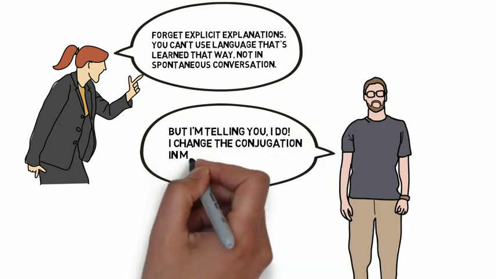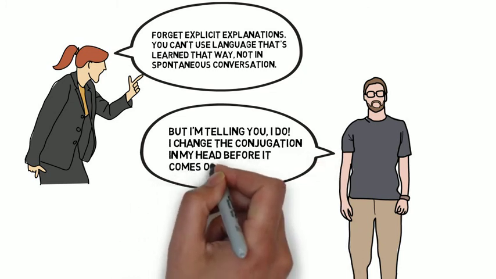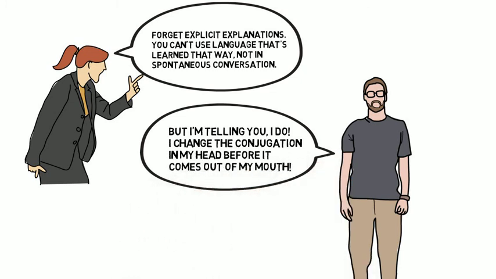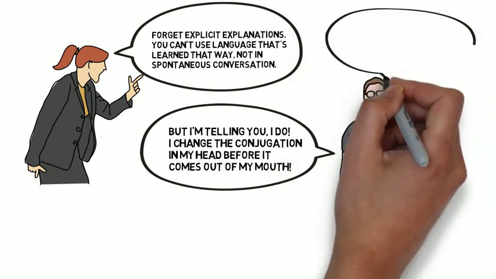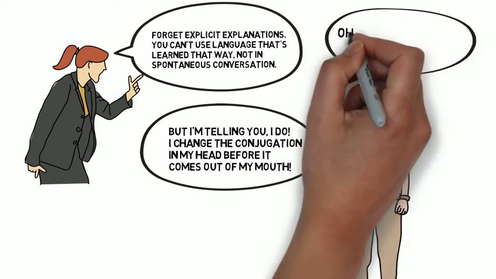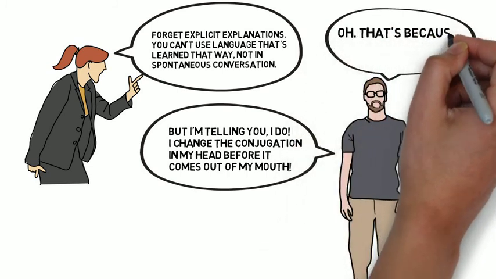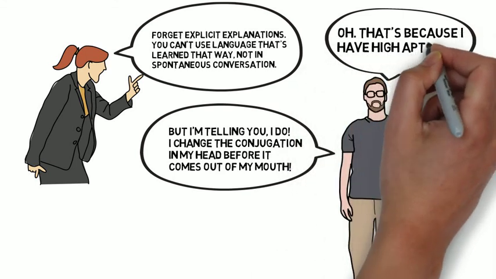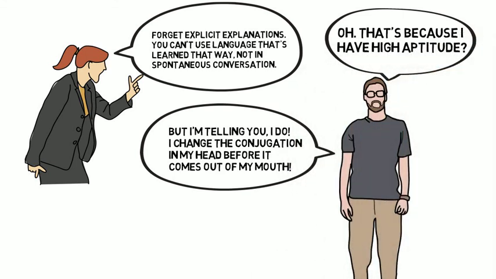In my case, at this stage in my language journey, I frequently consciously think through why and how to execute a third-person past subjunctive verb in the middle of a sentence, in the middle of an unrehearsed conversation. Perhaps this summary of studies by Skehan and his encouragement for a new push in research and aptitude has an answer for us. Perhaps it's because most of us language teachers have high aptitude. For learners with high aptitude, it's entirely possible that if we explicitly tell them that the verb endings change, that there is a grammar paradigm, maybe it is forming language that's available for more or less spontaneous, accurate communication.